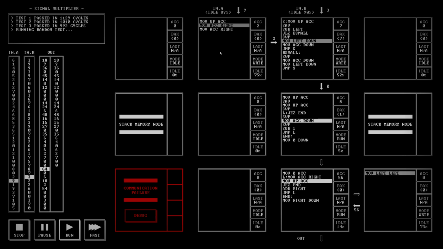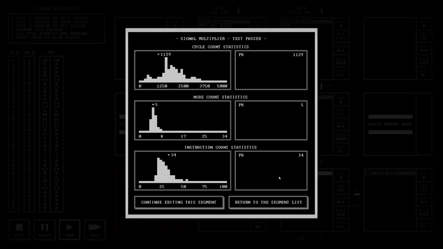This is doing much less. This is doing much less. This is doing a lot of work too. So these two are running nearly all the time. And there we go. Signal multiplier test passed. Signal, so 1100. God knows if that's particularly good. No, count 5. Okay, so it is possible to